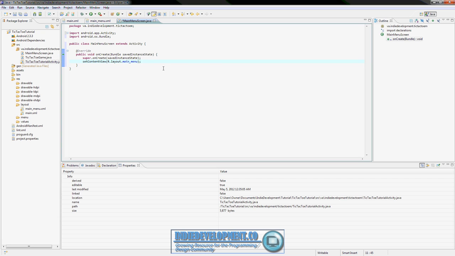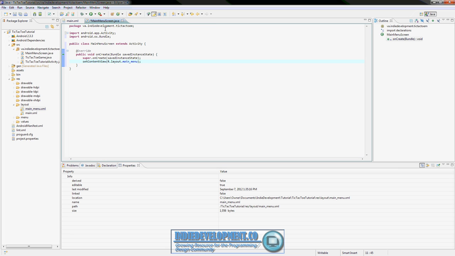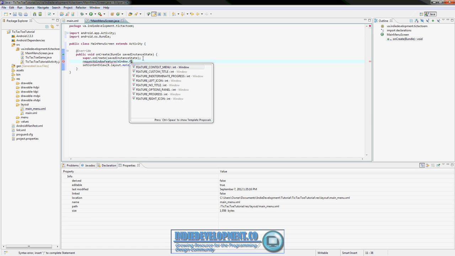Now one thing that we want to get rid of, like we said before, is if we go ahead and open this main menu, you see right here where it says TicTacToe tutorial, it's giving us the title there. We don't want that, so what we're going to do is go request window feature, and you're going to do window dot feature no title,